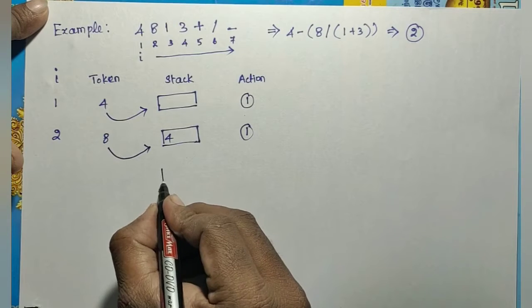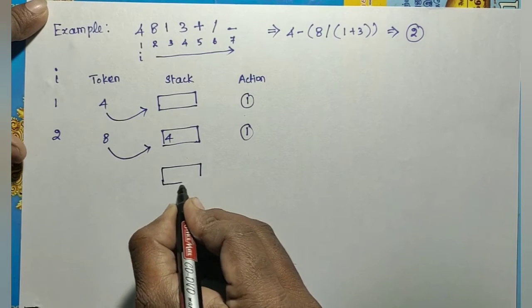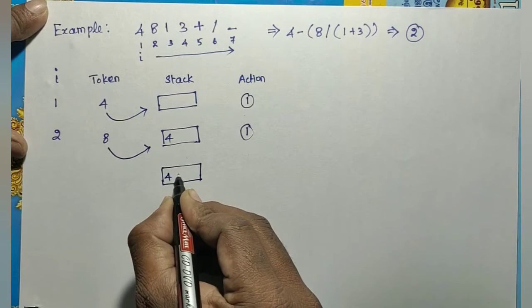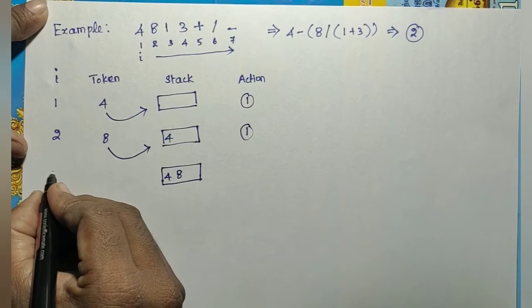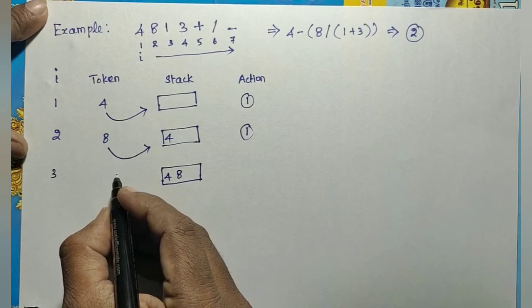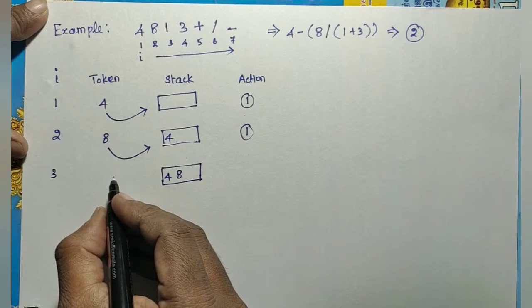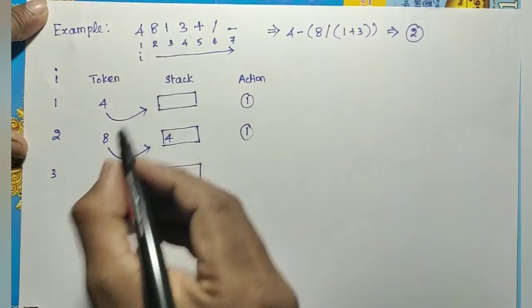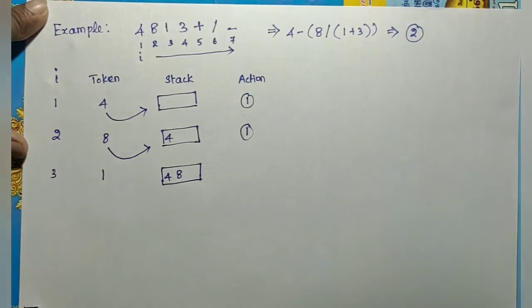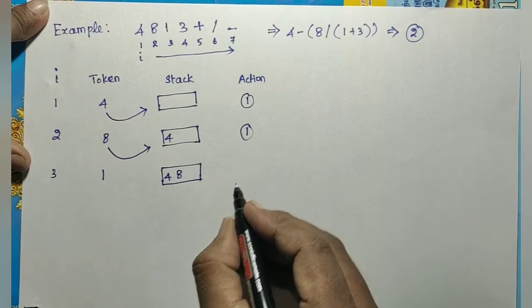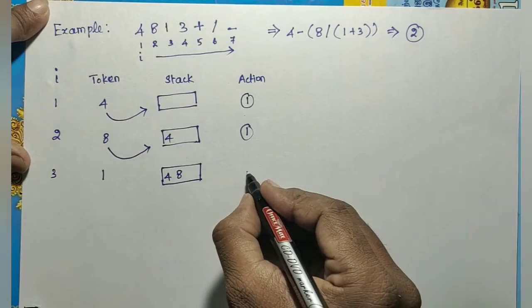So the stack content will become 4 followed by 8. And then I equals 3. So 3 means by that time the third token is 1. So we are getting that 1, and then the 1 is also